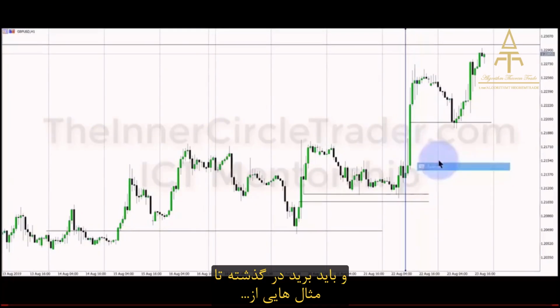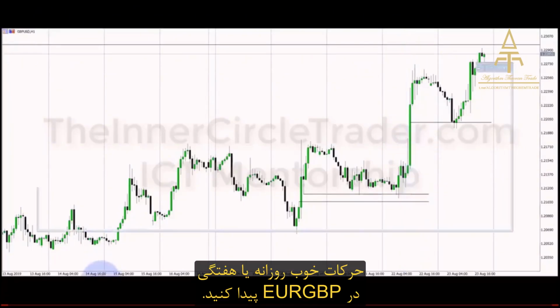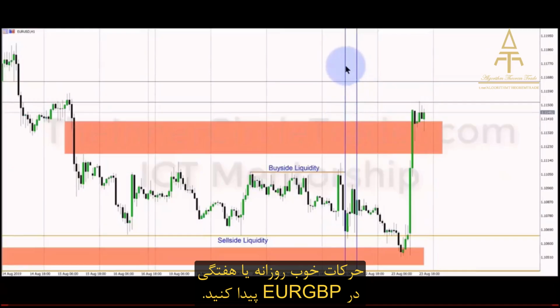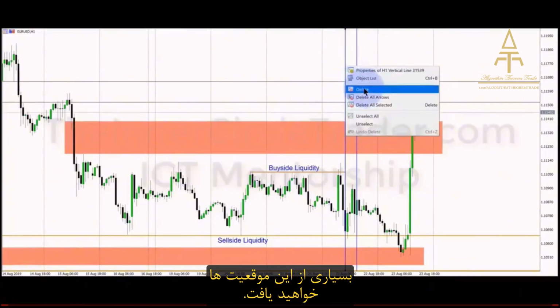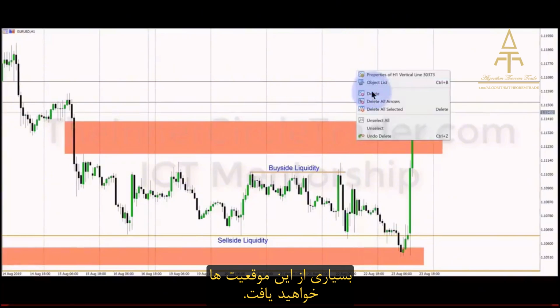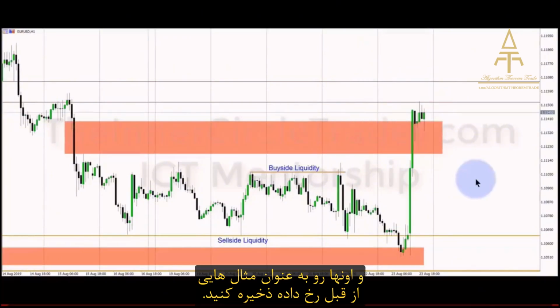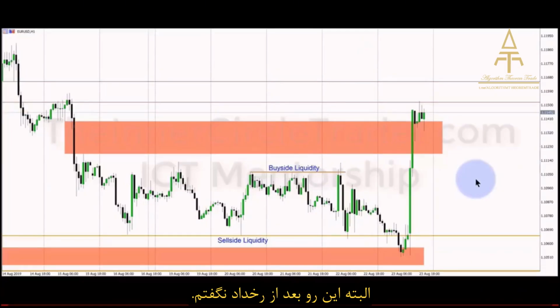And you want to go back and look at instances in price action. Whenever you see euro pound create nice moves intra-week or intraday, you collect a lot of these moments and save them as hindsight examples. Now obviously you know that we don't have hindsight here as our only teacher, because I outlined exactly what was going to happen before it happened. Which leads me to the next portion of the teaching today. For some of you that have just recently started